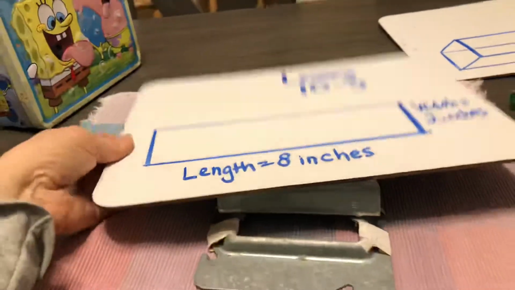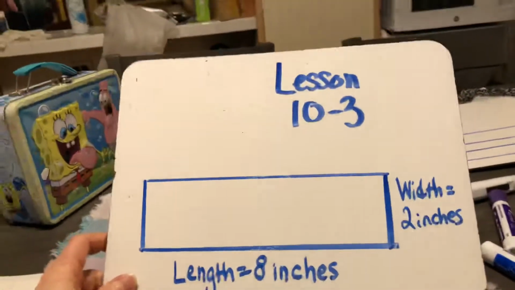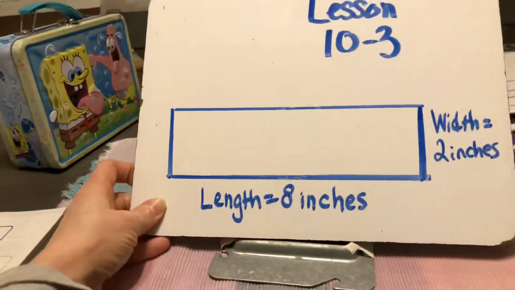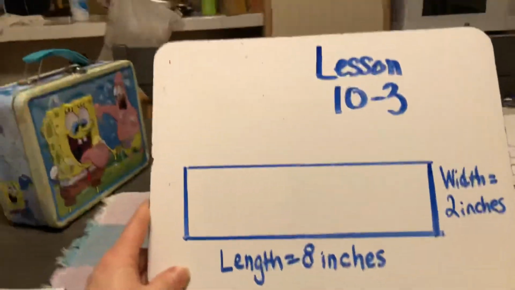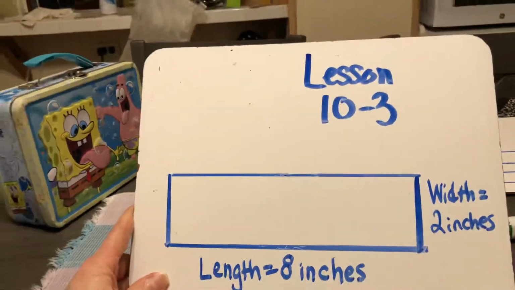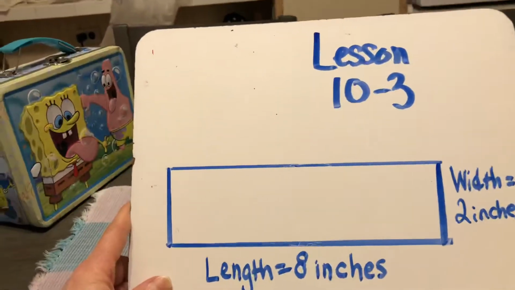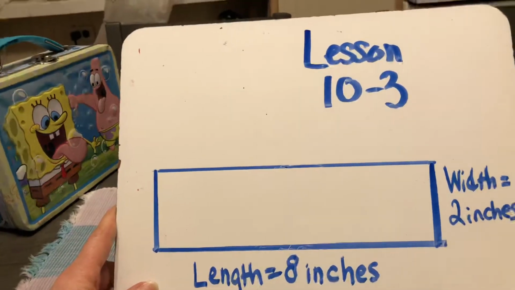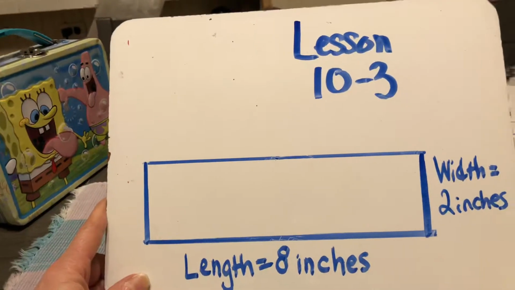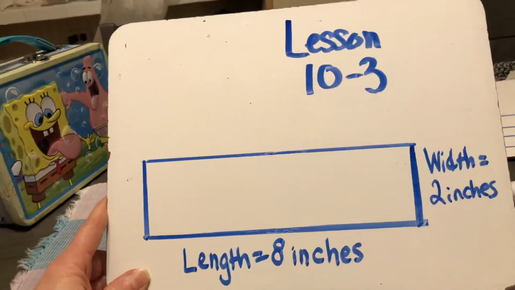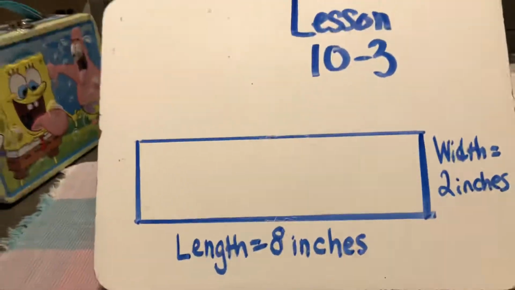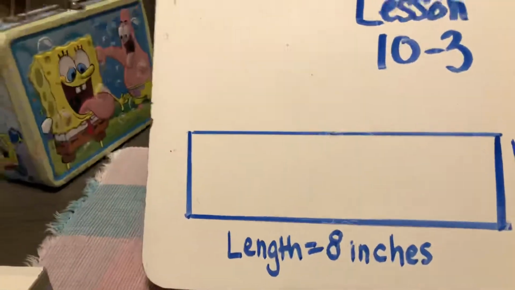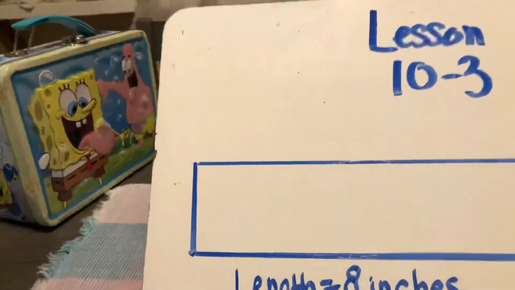Now, what's great in lesson 10.3 is they already take care of two of the dimensions for you by talking to you about the area of the base of the rectangular prism. So this looks like a rectangle, and you can clearly see that it has a length of 8 and a width of 2, and if we remember our formula, the formula for area is